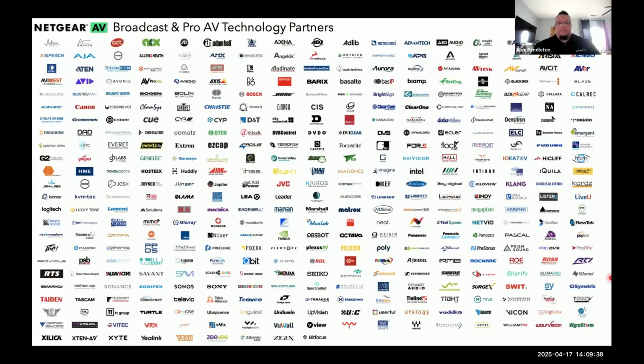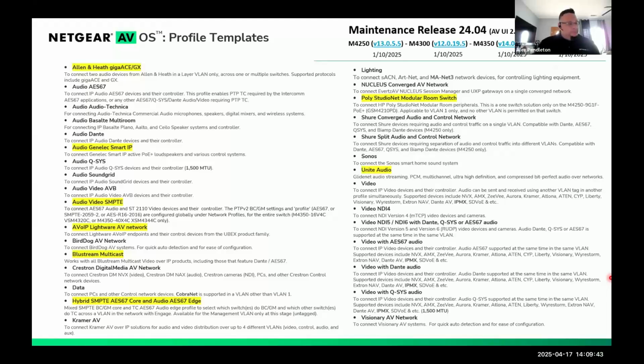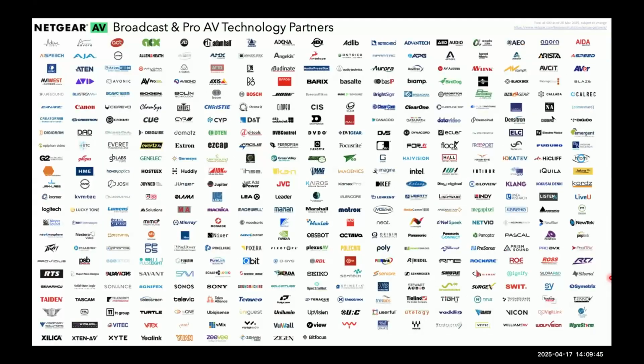I like to tell a little funny story here. We'll go back 1 second. Oh, yeah, sure. When I started with NETGEAR, I was at another manufacturer and I was doing training classes for education. And I called NETGEAR because I was recommending NETGEAR switches for AV over IP projects because it made them go that much smoother and that much quicker. So I called for some demo gear so I could run my training class. And that led to me becoming a part of the NETGEAR team versus getting the demo gear. But I'm still waiting for that demo gear today. Yeah, we'll get it. Checks in the mail, you know.